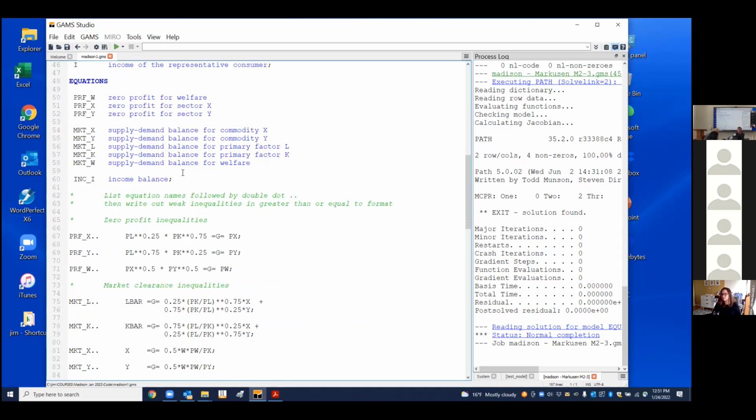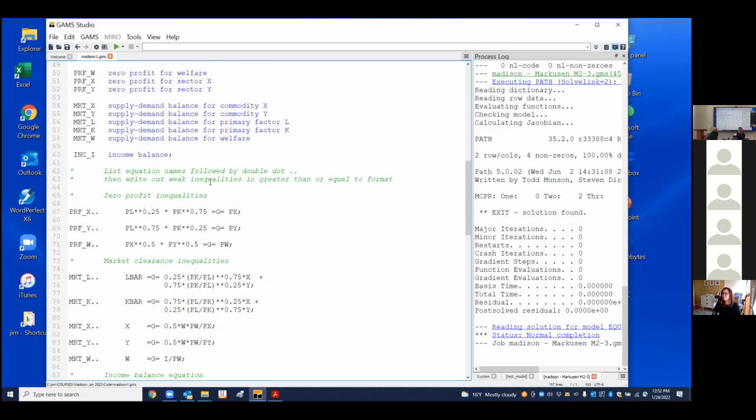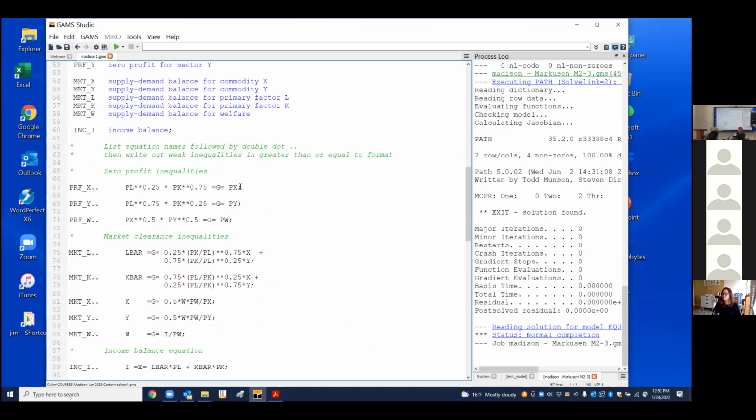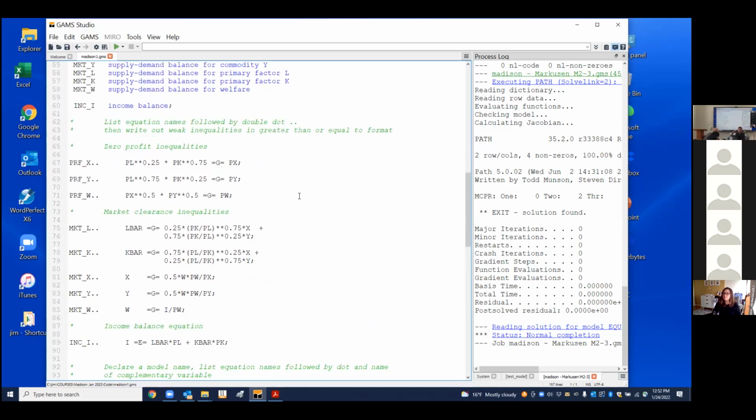Names of the equations, I try to make those as transparent as I can, so you look at it a month later and you know what they are. So zero profits, there's 3 of those. Market clearing, 5 of those. Income balance. Okay, so then the GAMS notation is the name of the equation, and then the equation written as greater than or equal to. So we have these 3 zero profit equations